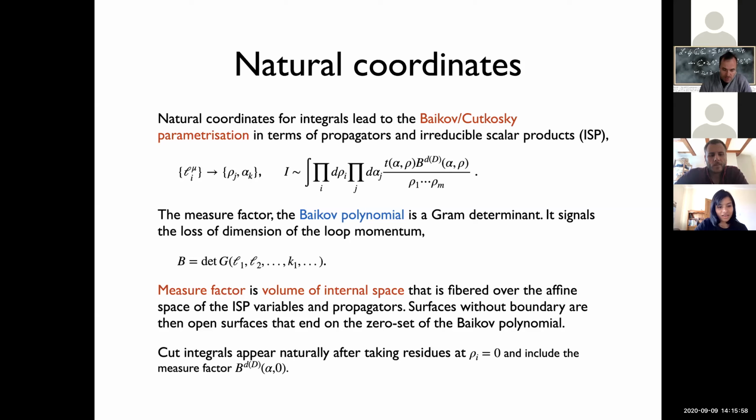So maybe a word about the interpretation of the objects here. B is the Jacobian, but we can also imagine it to be associated to the volume of an internal manifold, which is fibered over the space parameterized by the propagator variables and the ISPs. So you can think of just a coordinate space rho alpha, and over each point of this space, imagine a sphere. If you think 2 loops or 1 loop, then you can think there's a sphere sitting on top of this, and the volume of the sphere is essentially given by the value of B. B, being a gram determinant,